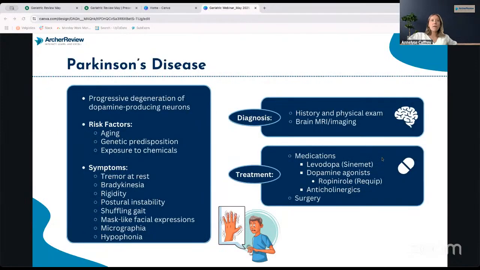Parkinson's disease, this is more of a progressive degeneration of those dopamine neurons. So risk factors, of course, are going to be aging. The older you get, the higher the risk, just because it's a progressive degeneration. Everyone is losing a few dopamine neurons. That's normal. They're losing a lot more. And so, higher risk. Also, you can have a genetic predisposition. So people that have a family history of Parkinson's disease, I'm always more worried about. And then also those that have been exposed to some chemicals. So I always ask about what they did for work, where they grew up, things like that we do know are linked to Parkinson's disease.